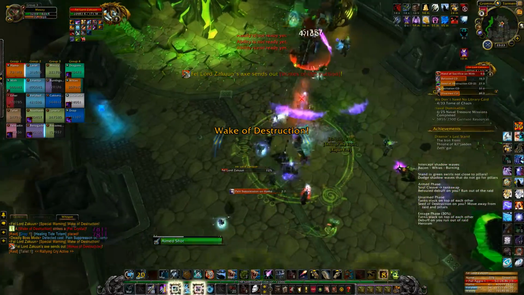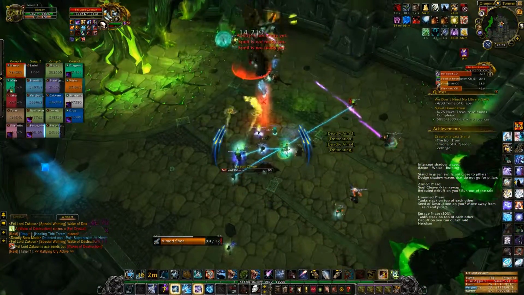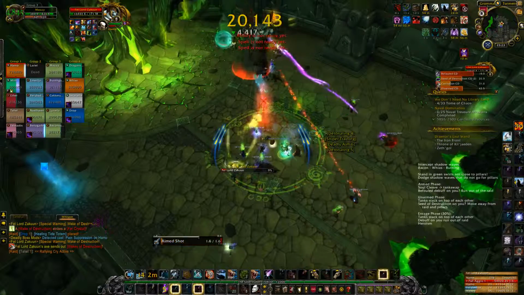In the disarmed phase, we moved around the red marker for the group to group on. The players with the seed debuff would then have more room to get away from the group as well as